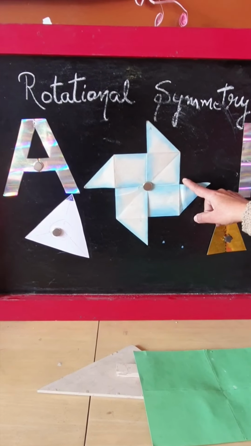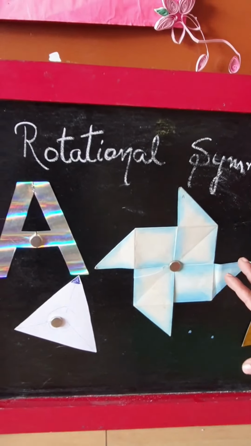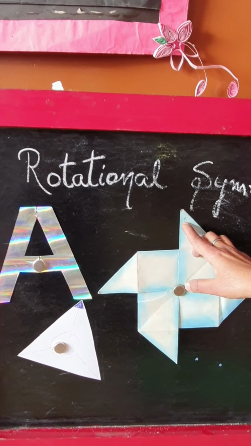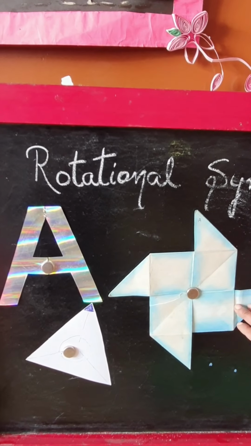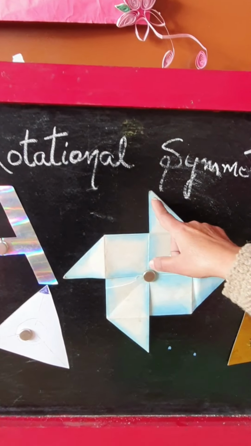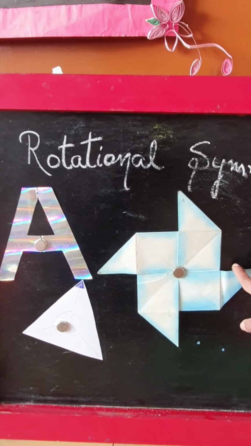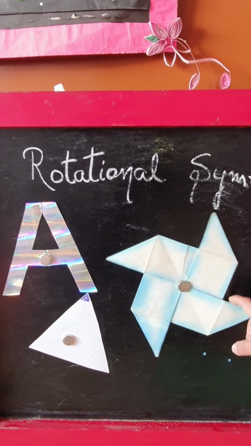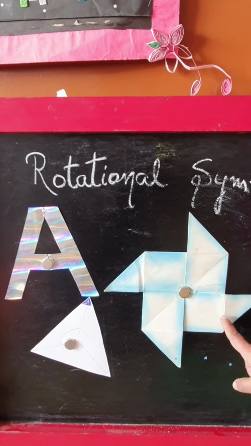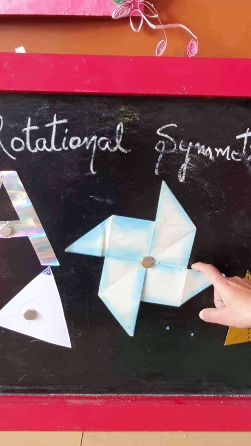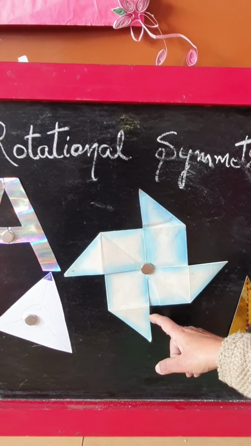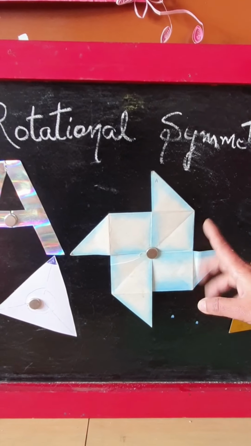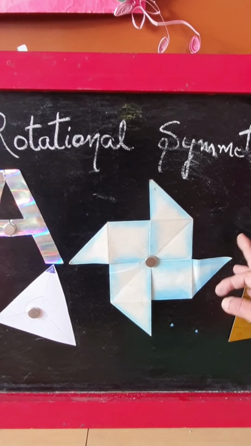Here it's a windmill, which is also there in your books. I've taken up everything which is there in your books. Here A is the point which I marked in order to see that now it is in its original shape. We are resting at 0. Now when A comes here, it means I moved it by an angle of 90. See, it's taking back its shape once. Then when again 90 more, twice, taking back its shape 2 times. Then at 270 it's again taking back its shape, and 360 is complete. So in the full round it has taken back its shape 4 times. So 4 is the order and 90 is the angle of rotation.